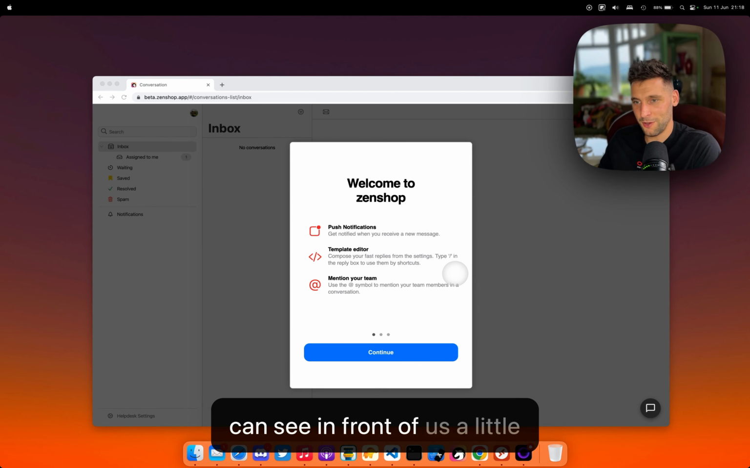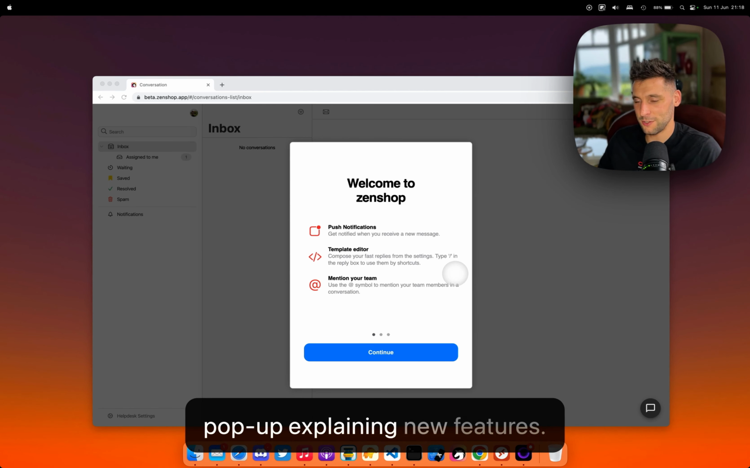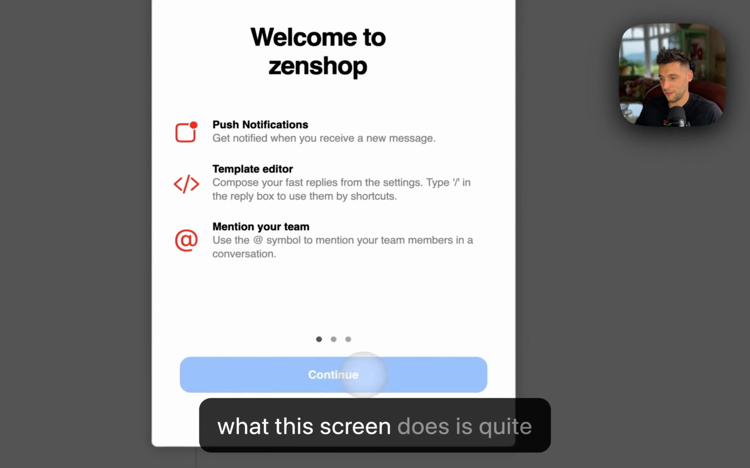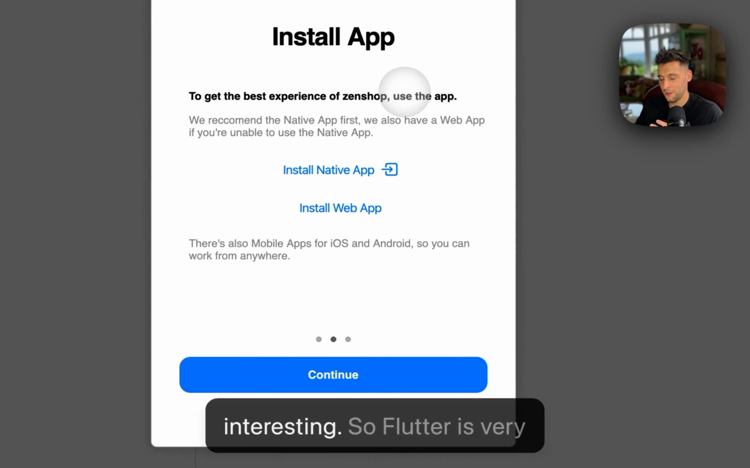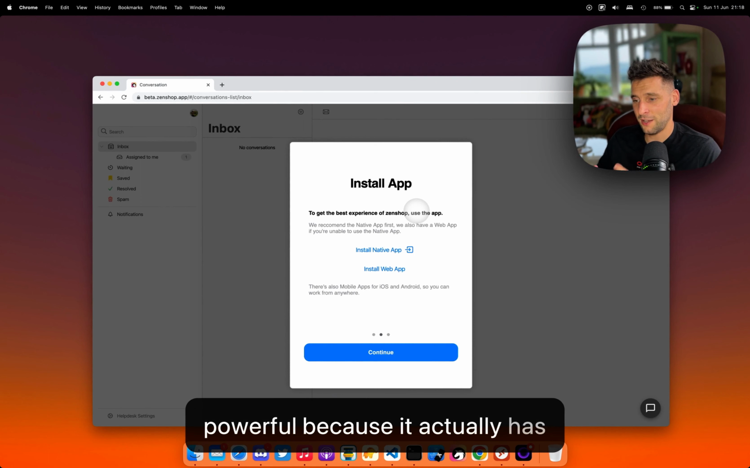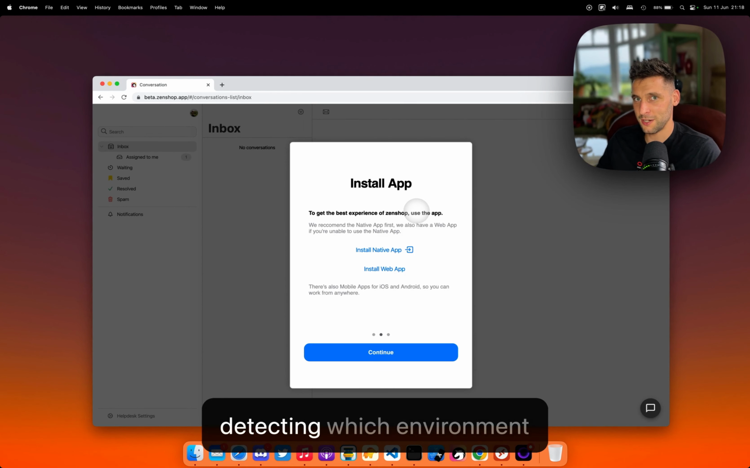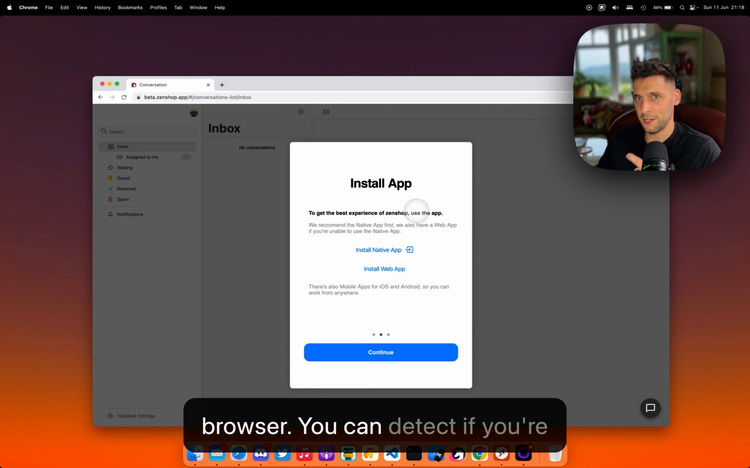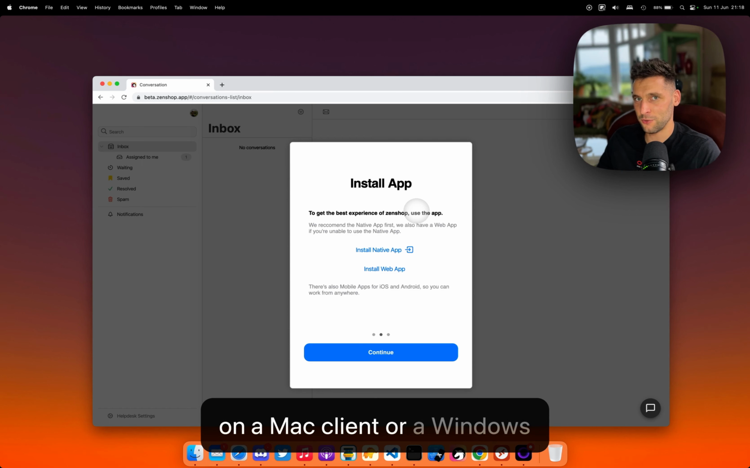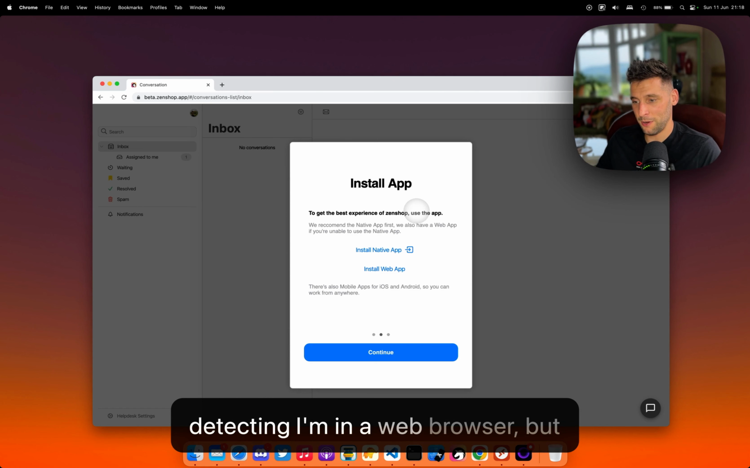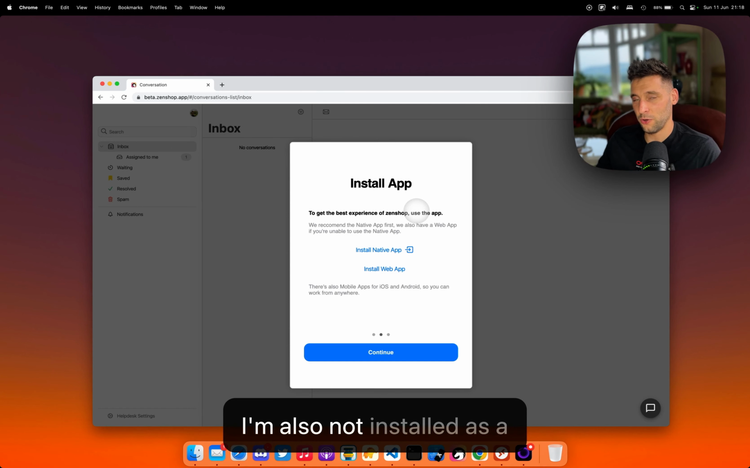So you can see in front of us a little pop-up explaining new features. That's not terribly exciting, but what this screen does is quite interesting. Flutter is very powerful because it has really great mechanisms for detecting which environment you're currently in. So you can detect whether you're in a web browser, a Mac client or a Windows client. But in this case, I'm detecting I'm in a web browser, but I'm also not installed as